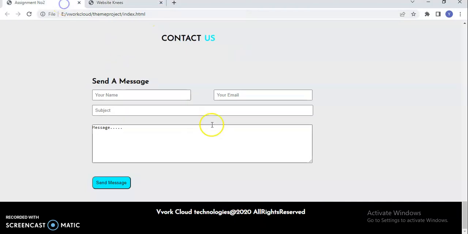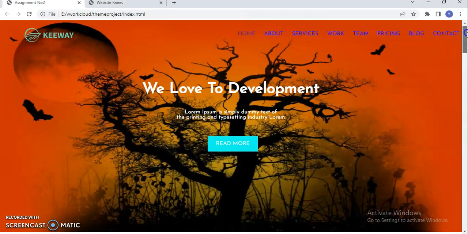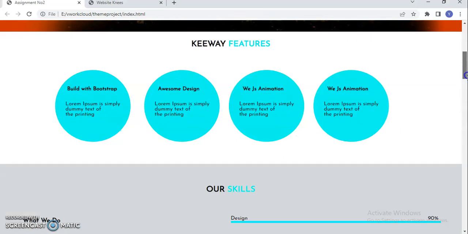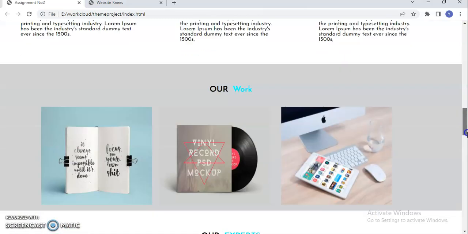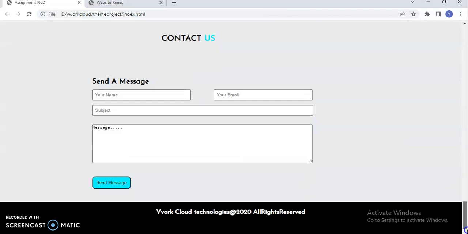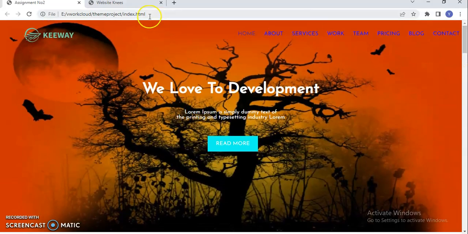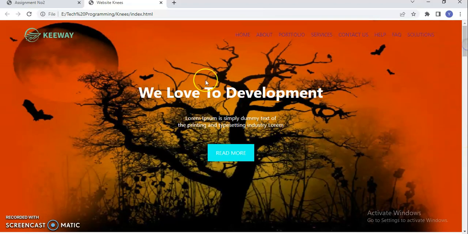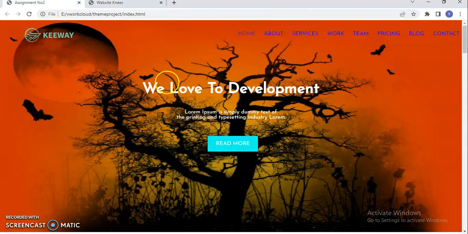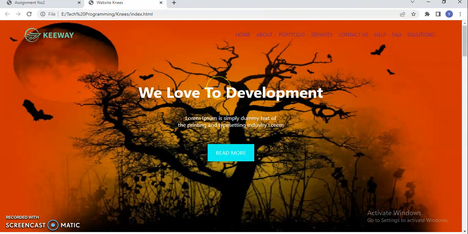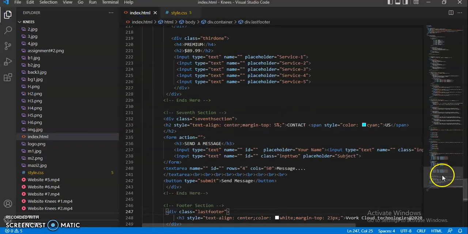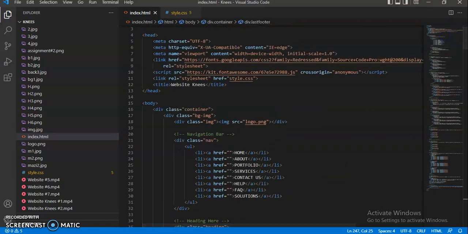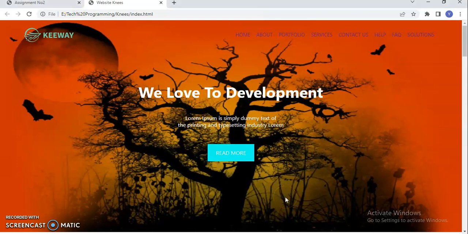All of this website is going to be completed step by step. I'm also going to tell you how you can create this section, and this and this, like services, work, experts, pricing table, contact us, and also the last footer one. I'm going to tell you everything about how you can create all these sections. This is our sample website, developed using HTML and CSS from the basic core things. You have to do this also now. It's very easy, you can create this section. If you need all the other videos related to this niche website, which I told you about, how you can create this section,